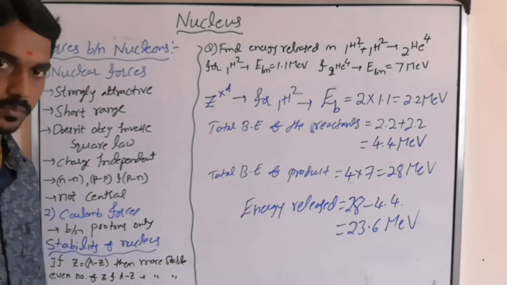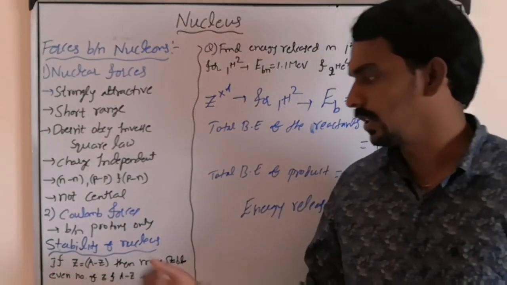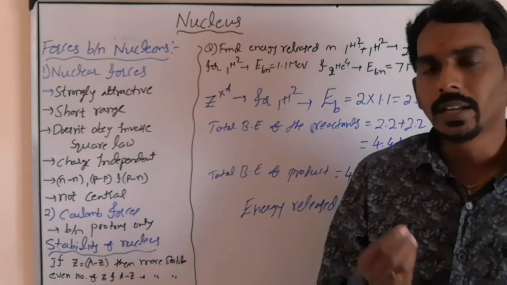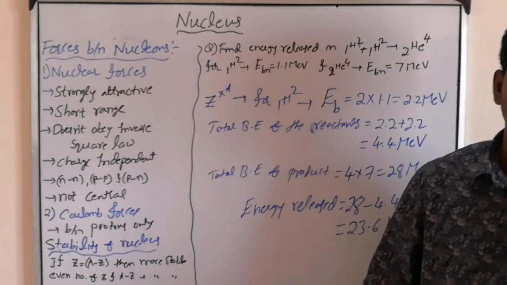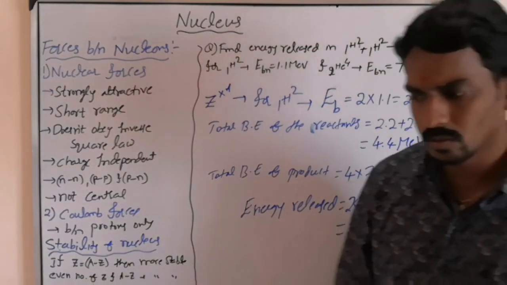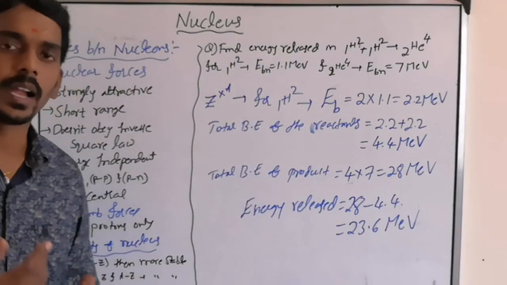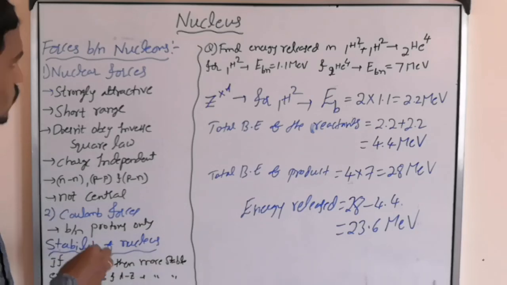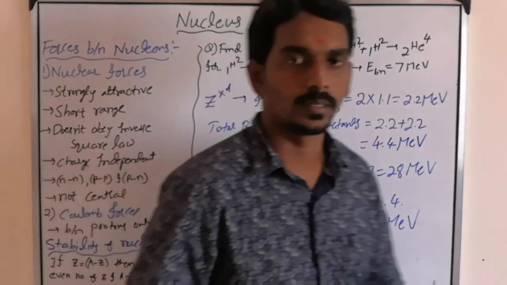Similarly, they also found that a nucleus with an even number of protons or neutrons is more stable. They can ask you for 1 mark or 2 marks which kind of nucleus or atoms are more stable, so you must answer it, right? So this is about the nuclear forces and the stability of the nucleus.